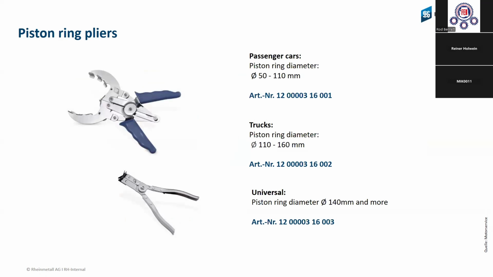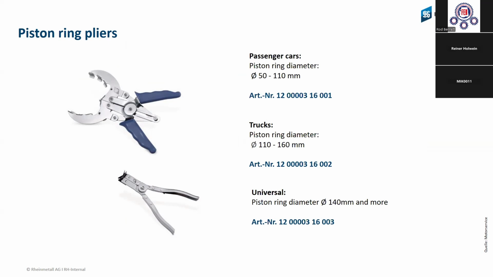And here you see we have the piston ring tools for installation of the piston rings. You see the first tool with these two blue handle parts. It is used for 50 to 110, 110 to 160 millimeters. This is our truck application. And then when you have a truck maybe with more than